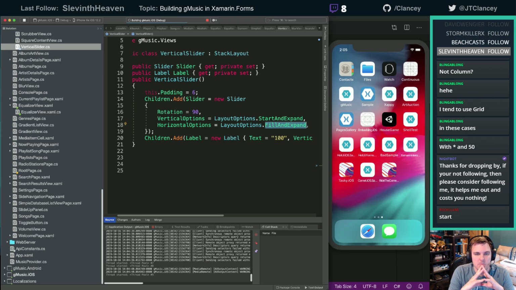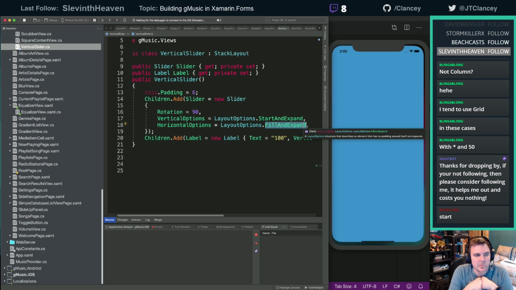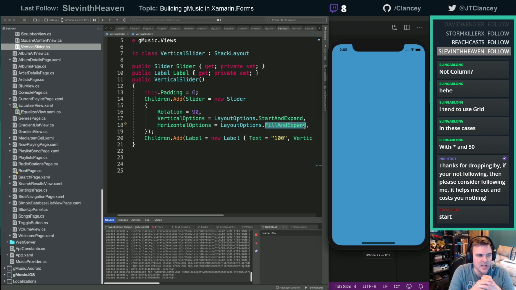See what that does. That's the only downside to using these magic layouts, is I don't have the same exact control.